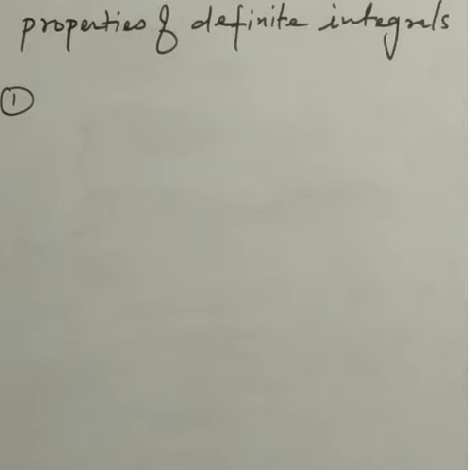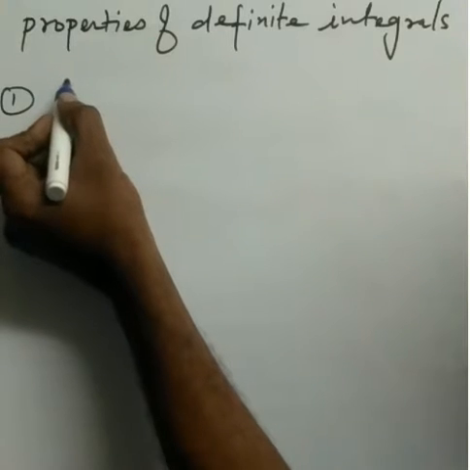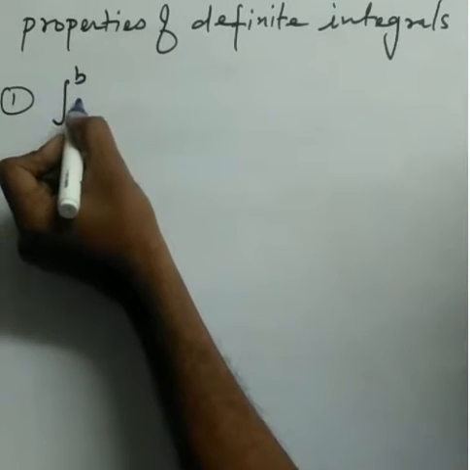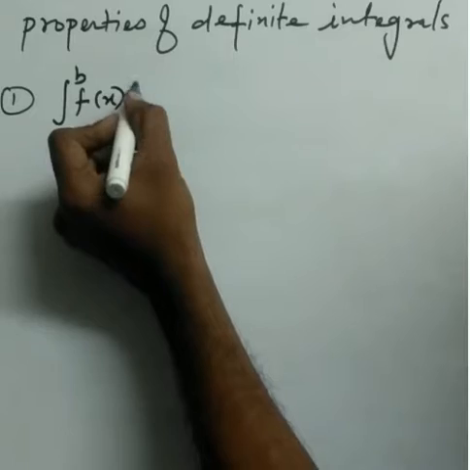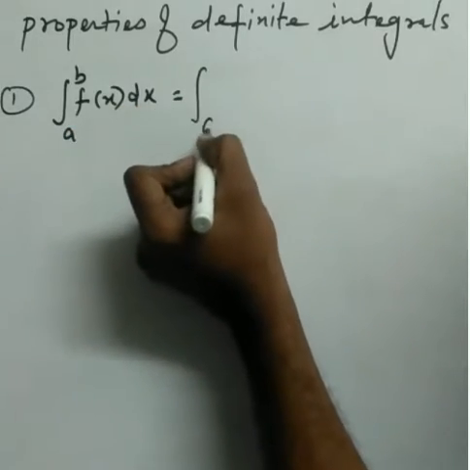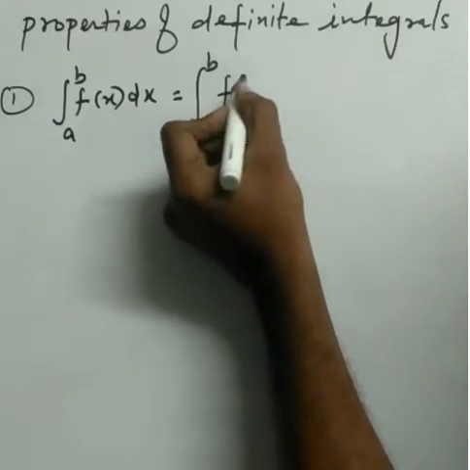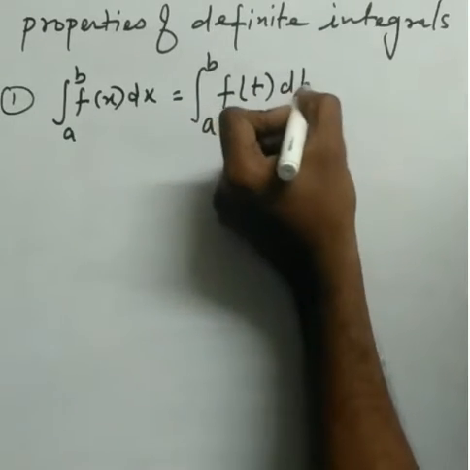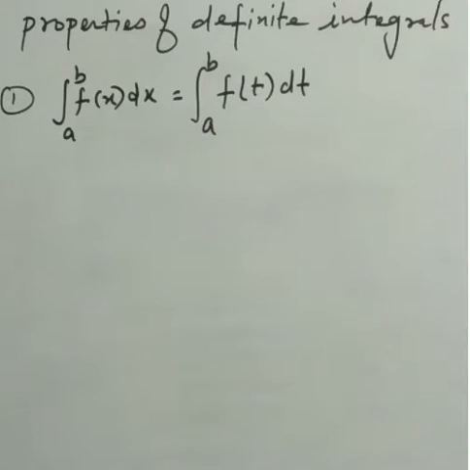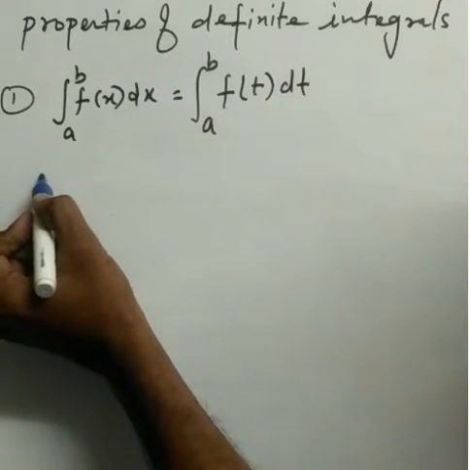Now here we'll discuss the properties of definite integral. First property is integration of a to b f(x) dx is equal to integration of a to b f(t) dt. It means if the function remains the same and the limits remain the same, only the variable of the function changes, then the definite integral has the same answer. For example,